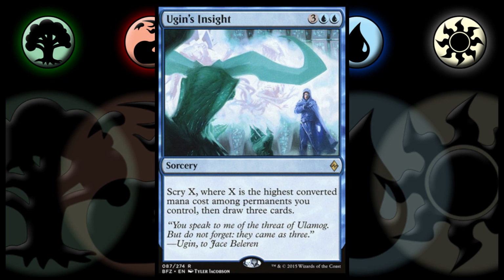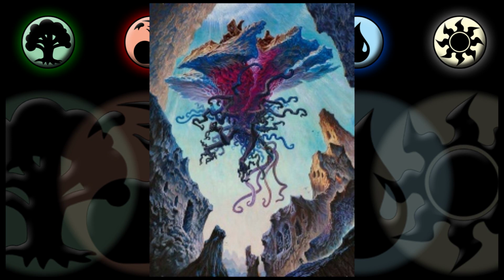So Ulamog likes to eat things. Kozilek likes to distort the laws of physics and gravity and the world around him and that type of thing. And what does Emrakul do, the third Titan that's missing? I mean, they assume Emrakul left the plane, but they don't know, because who knows where Kozilek was? We only see Ulamog. Oh, he was hiding under the ground. Great. So where is Emrakul? Nobody knows. And everybody just thought, oh, cool, five years from now they'll go back and do an Emrakul thing